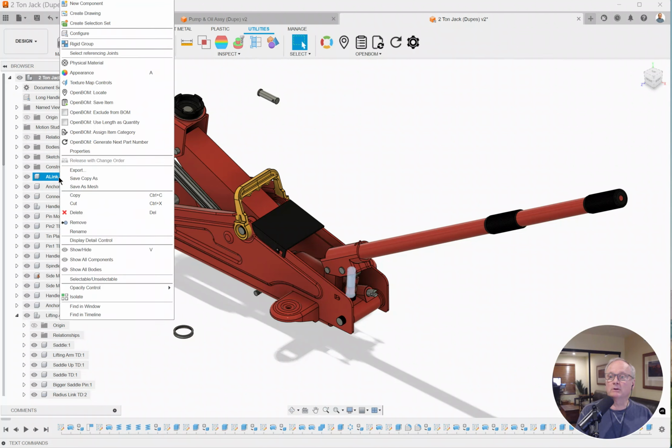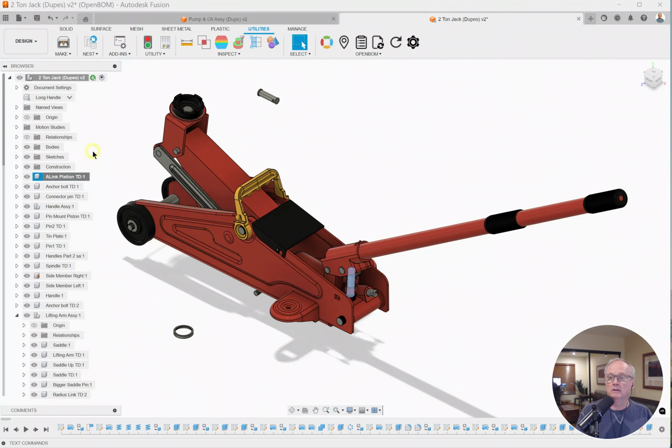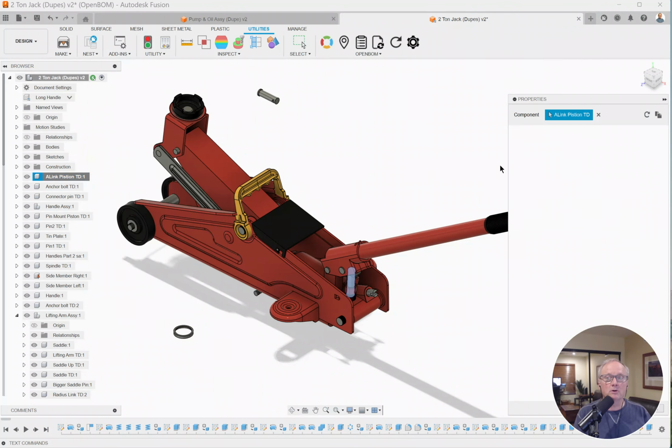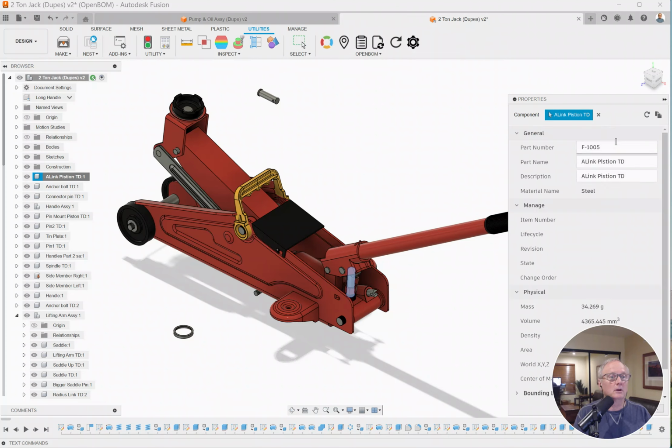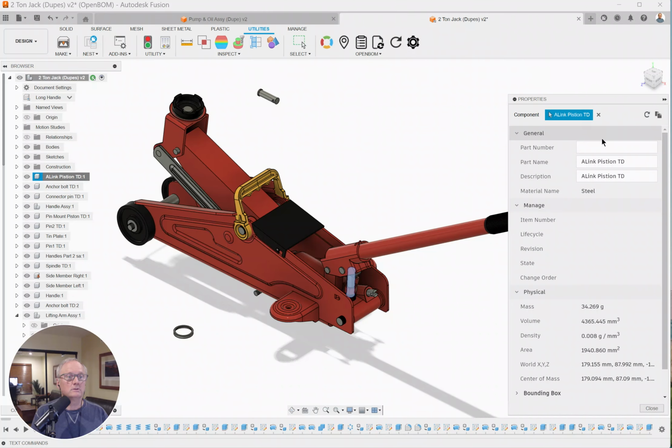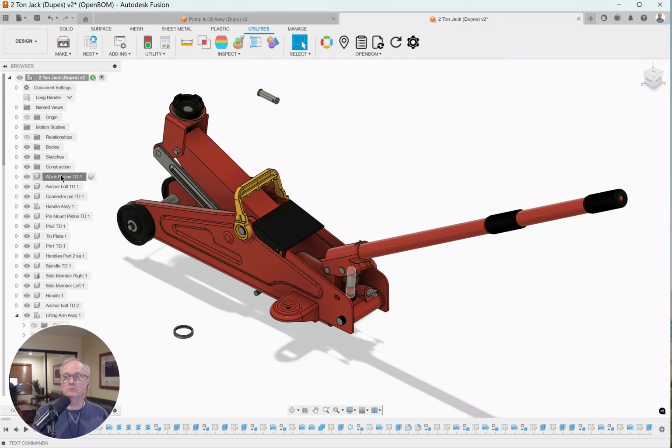So let me go down and show you how easy it is to straighten this out. I'm going to go look at the part number for the A-link component. Here I'm like, yep, you're right. That has the same number. It's not at all what I wanted. So I'm going to go ahead and clear that out and save it, and then use the OpenBOM command to